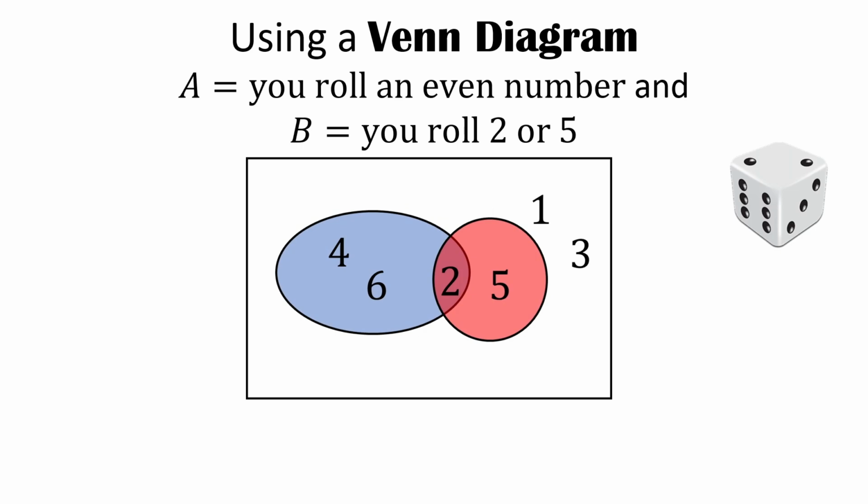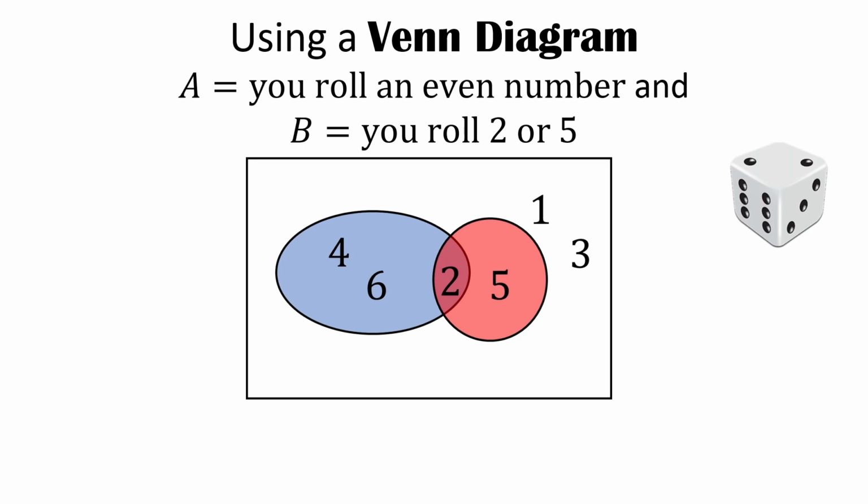It would look like this. You see the blue is event A. The blue ellipse contains 2, 4, and 6, all the even numbers. So that's event A. The red is event B, which contains 2 and 5, and everything else in the sample space, 1 and 3, are outside those two events. And so you can see visually that these two events indeed overlap, which is telling you that these events